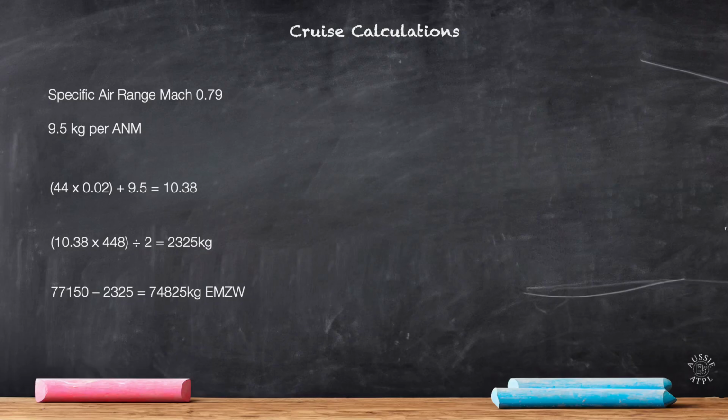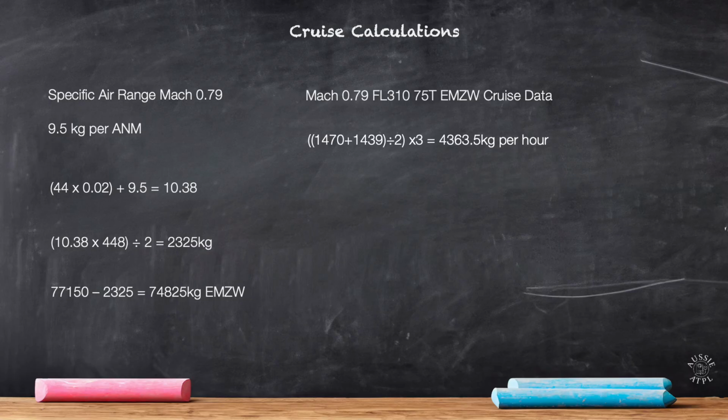Take half the fuel burn away, and that'll give us an estimated mid-zone weight, which we'll simply round to 75 tons. So if we head to our Boeing 727 handbook, find the page with Mach 0.79 and flight level 310, and you interpolate between 74 and 76 tons to get our 75 tons that we require to do that. So we've got